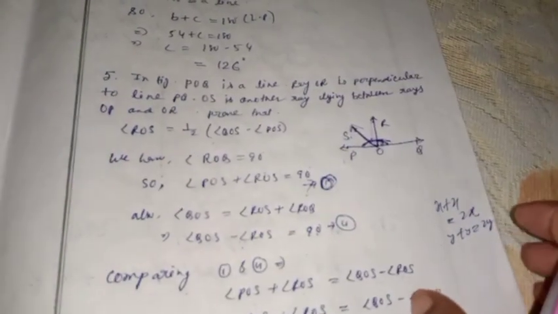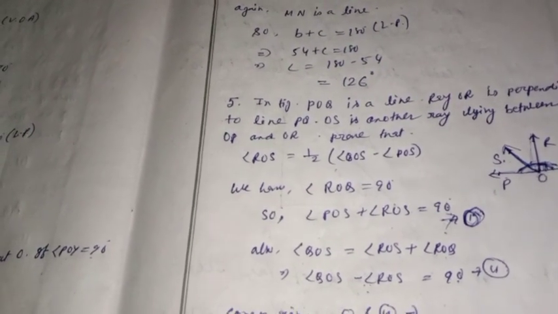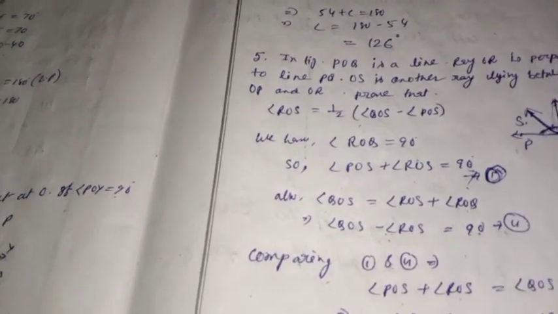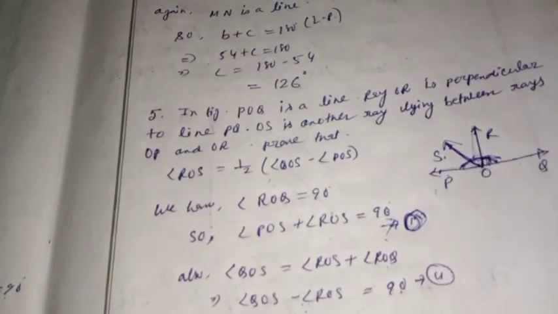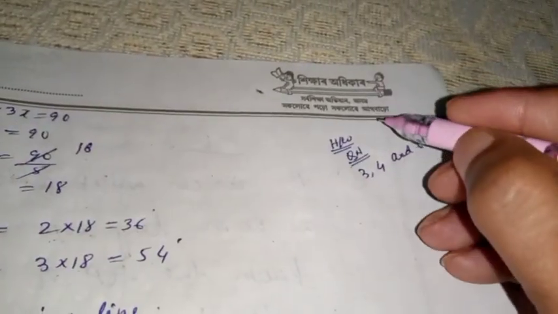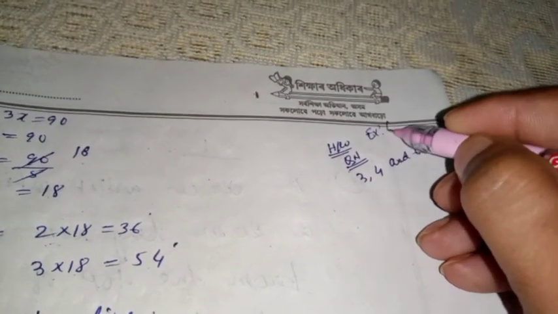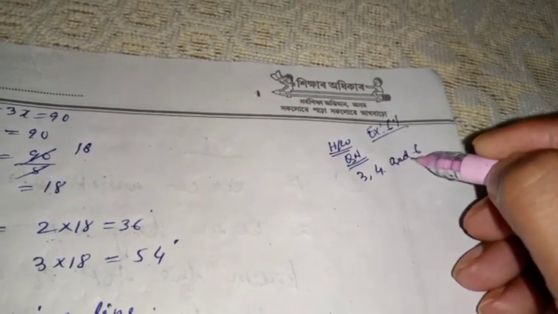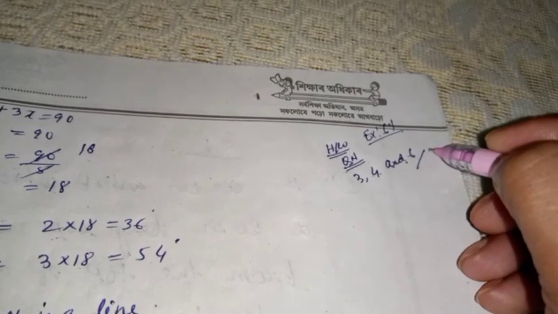Clear? Now please see your homework. Before that, I want to say that in case of any doubt or confusion, please clear it in the evening and try to submit your homework. I request all of you. Question number 3. This is exercise 6.1. Okay. Exercise 6.1, question numbers 3, 4 and 6. Okay. Please submit homework in the evening.